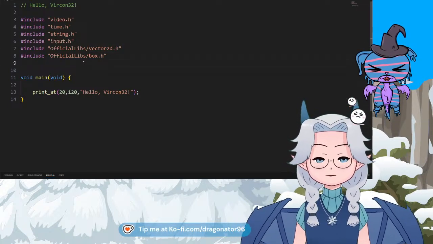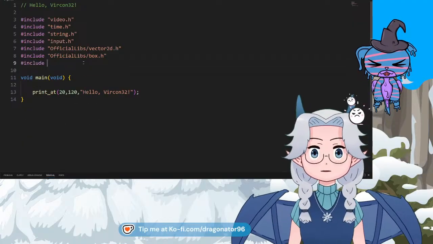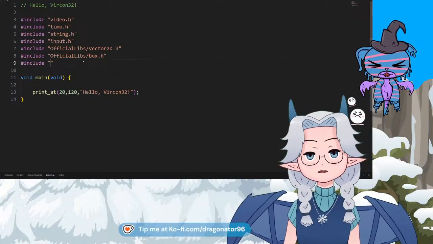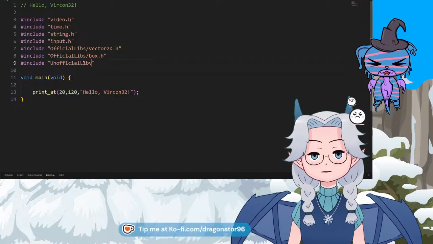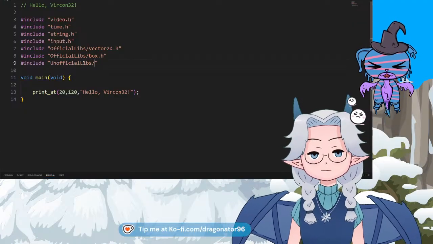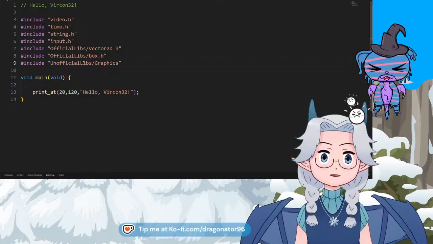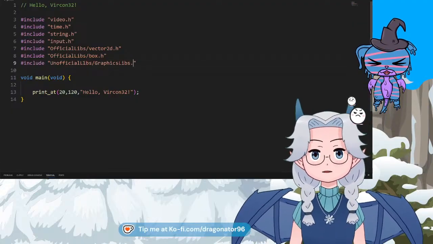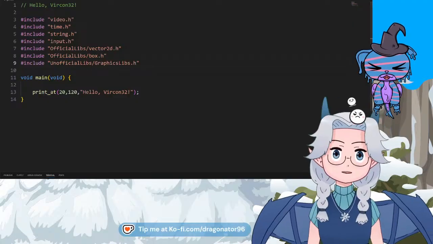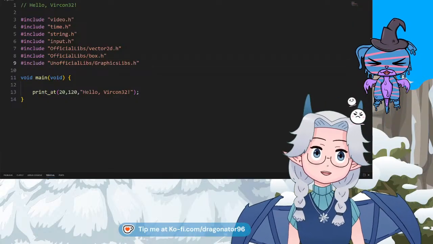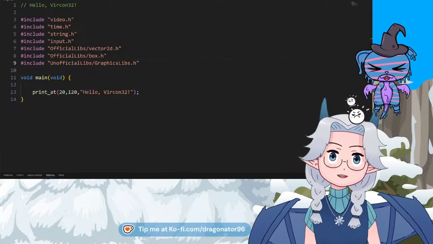And then it can include the unofficial libs slash graphics lib.h. Now, I don't have enough knowledge of C to know if this will work